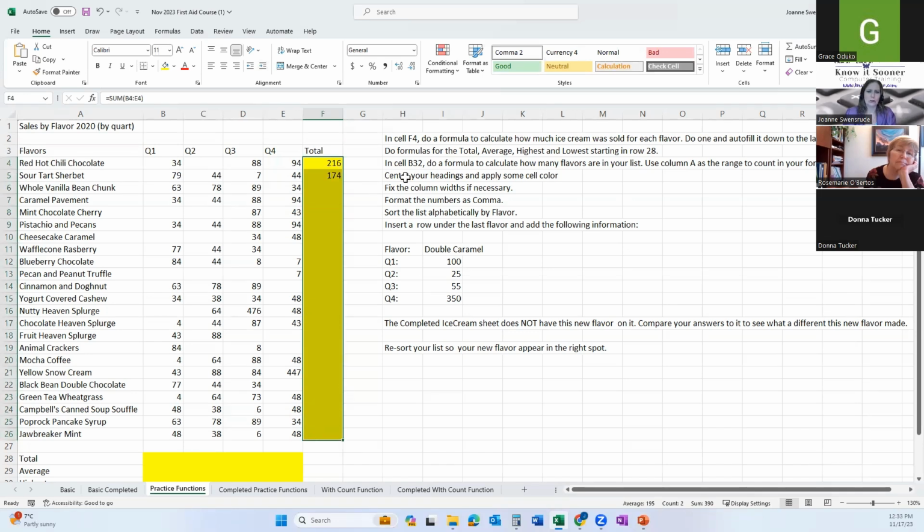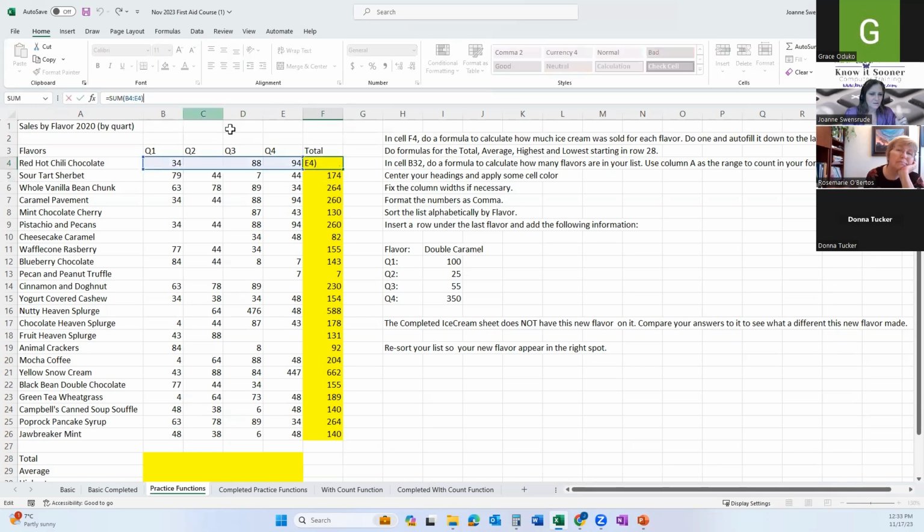Well, geez, that didn't do anything. I'm going to go to that 216 and I'm going to go with the black cross. It'll only appear in one spot in that whole cell, bottom right-hand corner. And I'm going to drag down. And what that does is it copies the formula down to every single line. So 216, 174, and I'm looking, remember how we can click and look? Oh, yeah, that's good. On row 4, it's looking at row 4.